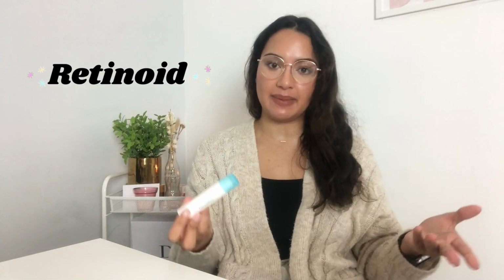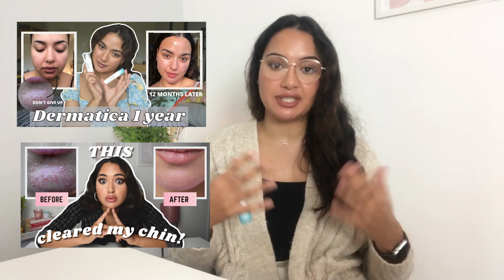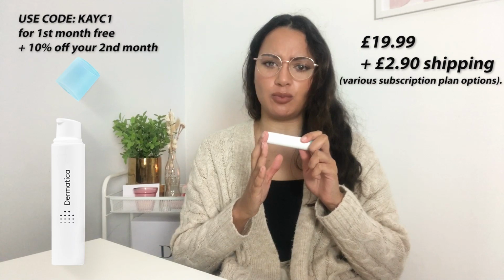So retinoid, or in particular Tretinoin, adapalene are my two go-tos. I use mine from Dermatica. This is sent to me. I use it. I love this formula. I have videos on there. I'm always transparent. I've had ups and downs with navigating Tretinoin because it is quite difficult. Your skin does dry out a lot. It can be overwhelming. There can be a purge stage, which I went through, and it is a lot to deal with. But Dermatica do a really good formula. They have a